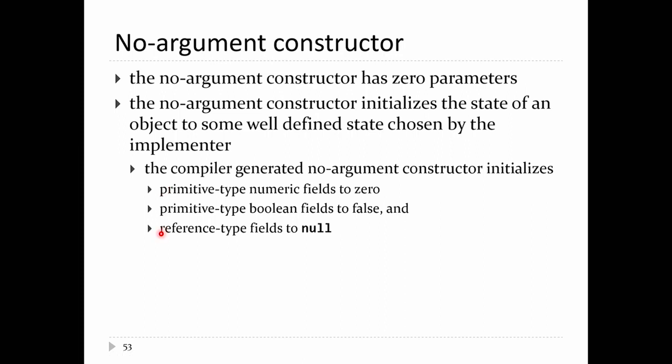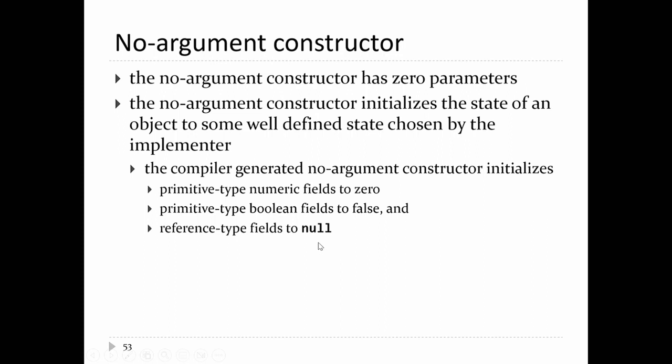Oh, it's right here, sorry. Okay, so the no argument constructor has 0 parameters. It's supposed to initialize the state of an object to some well-defined default value. Now, if you're going to implement a no argument constructor, you get to choose what the default values are. The compiler generated no argument constructor initializes all numeric fields to 0, Boolean fields to false, and reference types